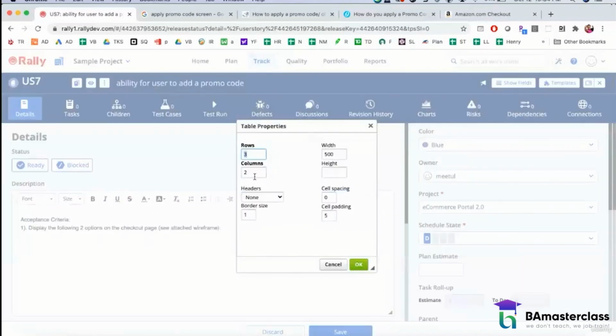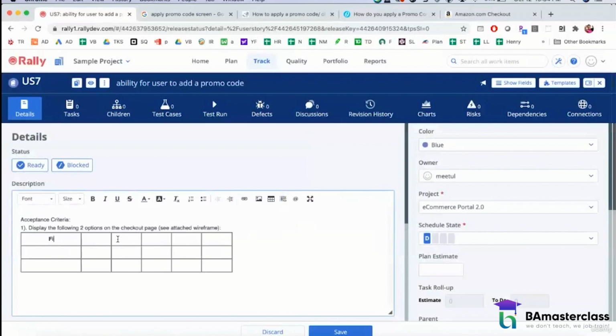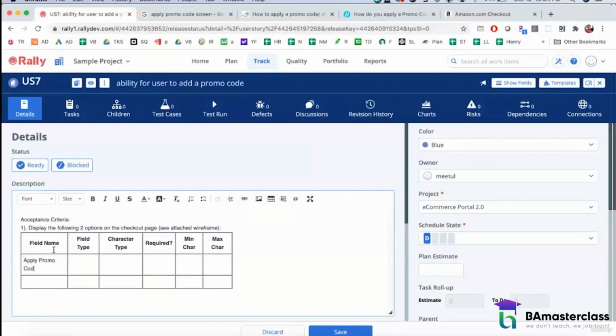I'll just have 6 columns. I don't need notes here. I have 3 rows. My first, so field name, field type, character type, required, minimum character, maximum character. My first field is apply promo code, text box,